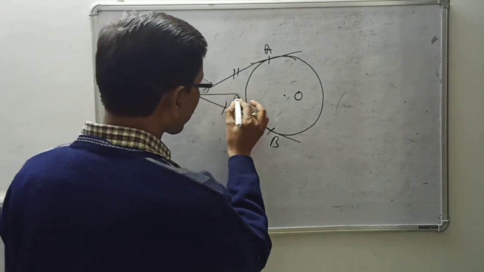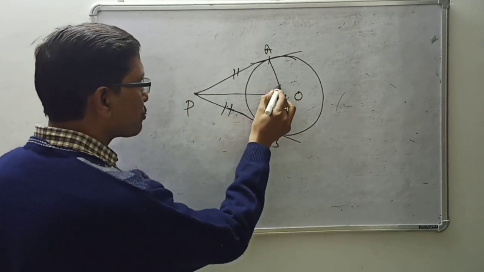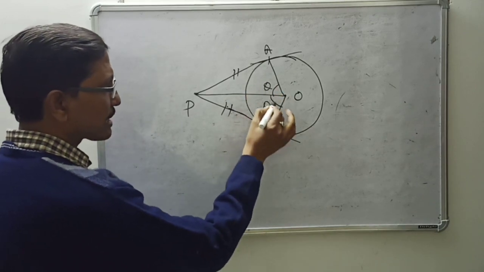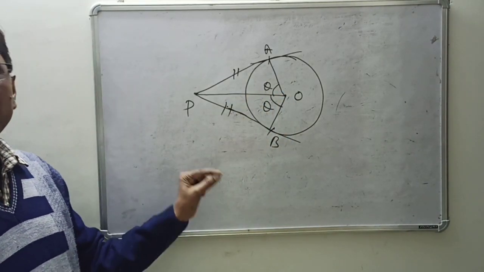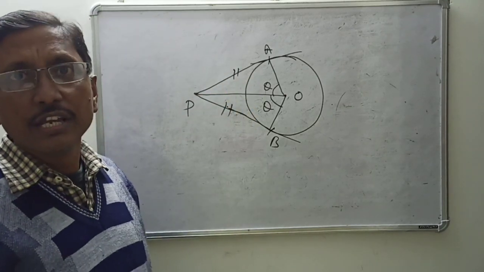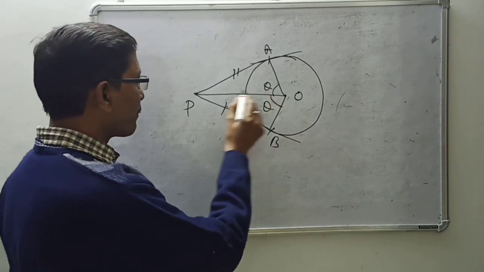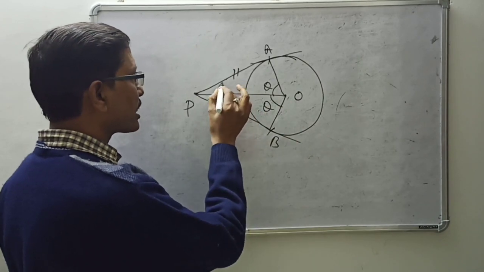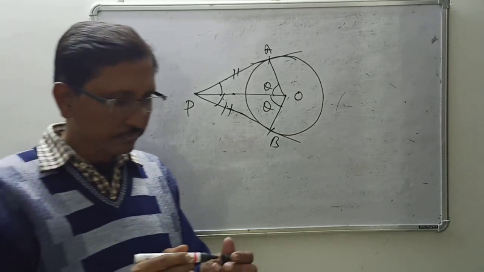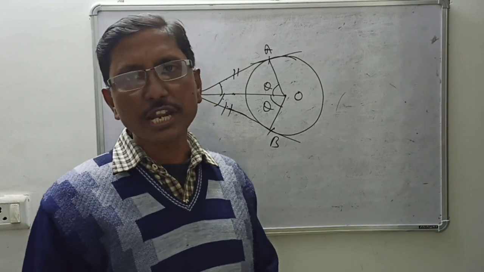From this point, join the center. And here also if we join, these two tangents will subtend equal angles at the center. Means these two angles are also equal. If this is theta, this is also theta. And third, these two tangents will be equally inclined with the line joining the point to the center. With this line and the tangents, these two angles will also be equal. So these 3-4 properties will be followed for various questions.